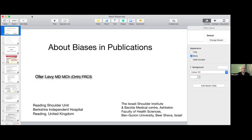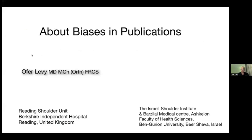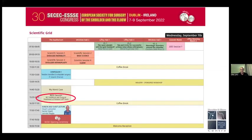To start my talk. Okay. So actually, these are my disclosures, and as any one of us that's got disclosures has to disclose them before a paper. For this publication, I've got no conflict of interest, and I've got real interest in thinking about transparency in publications. So all this started, and I think that's what initiated Gregory to invite me, from a comment I mentioned